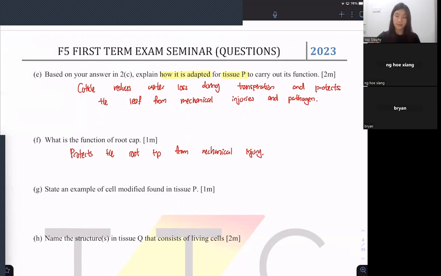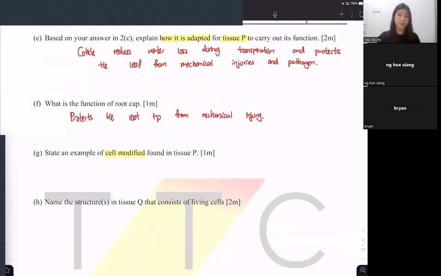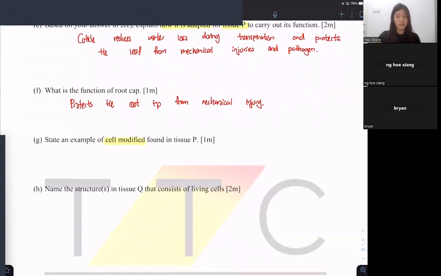Next, state an example of the modified cell found in tissue P. For the example of the modified cell, this one is a specialized cell. You can write down any one example, like the guard cell. Just write any one example of the epidermal cell, then it's fine. Okay. Next,